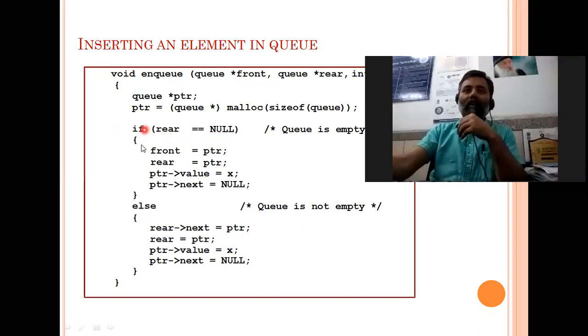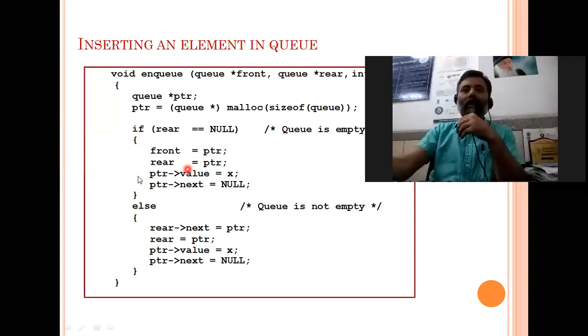If it is so, then whenever we insert a new node, we have to assign front and rear both to that node, because this new insertion will be the first node insertion. So front and rear both will point to this new node. So front is equal to PTR, rear is equal to PTR.